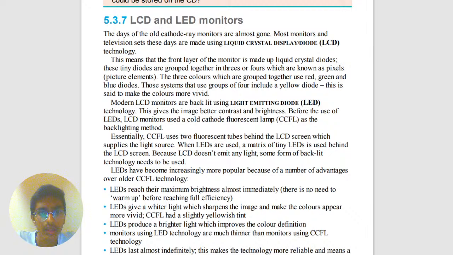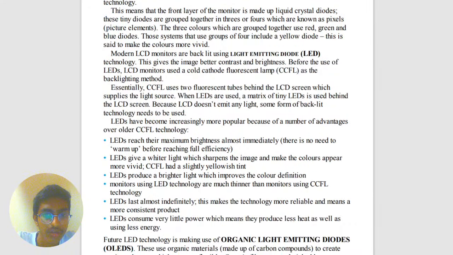So here we have the liquid crystal display, LCD, technology. That's the full form, liquid crystal display, and it's used in televisions these days. Basically it's made up of layers. Now, having a look at some characteristics of LEDs,